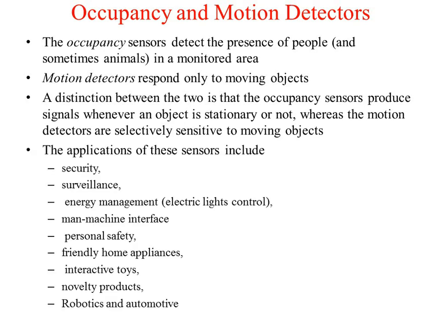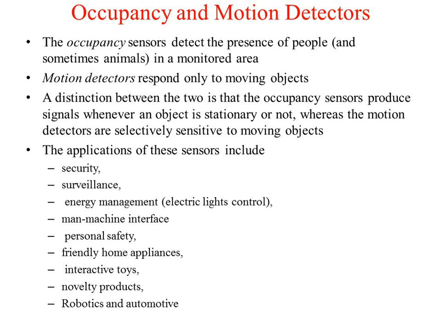So where are these occupancy and motion detectors generally used? Most applications are for security purposes, surveillance, and energy management, where energy and light controls are required. I gave you an example in the last lecture: in a room where no one is there, occupancy is not there. That means at that time you need to switch off the fans and lights so you can manage the energy. So this is the example.